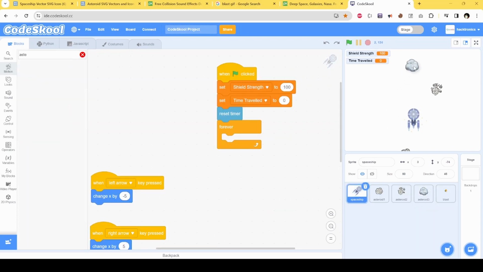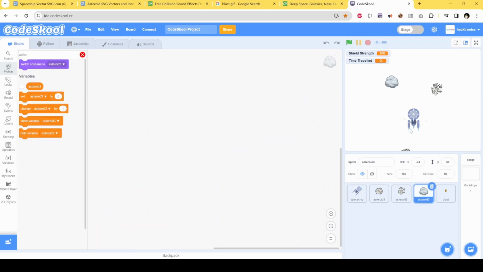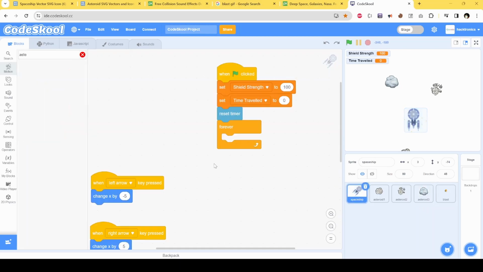I don't want it to be exactly in center. I want it to appear somewhat random, like here or here, but not very far away. So I want all the asteroids to be in the path of this spaceship. So first of all, I think I have to get that position of this spaceship. So in this forever loop, I'll create another variable like